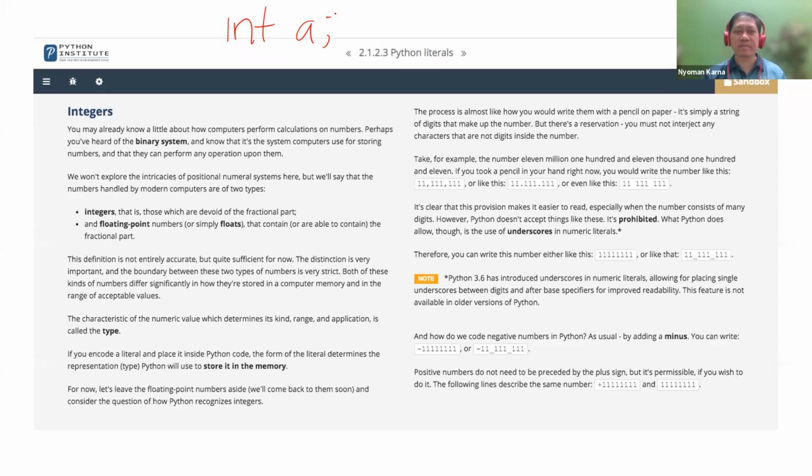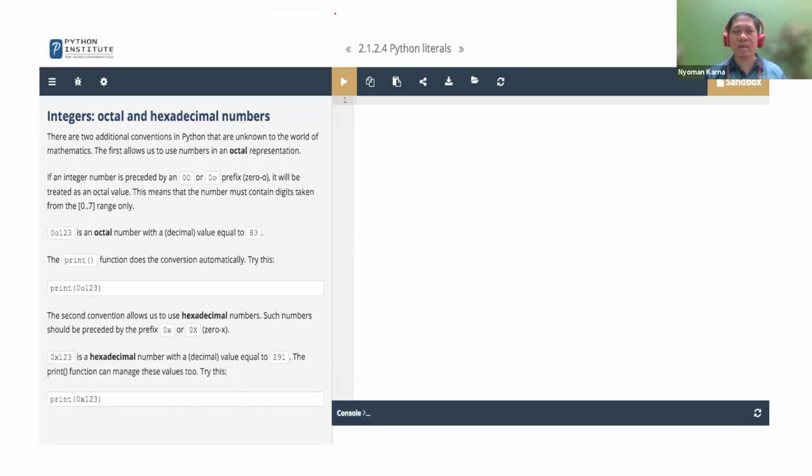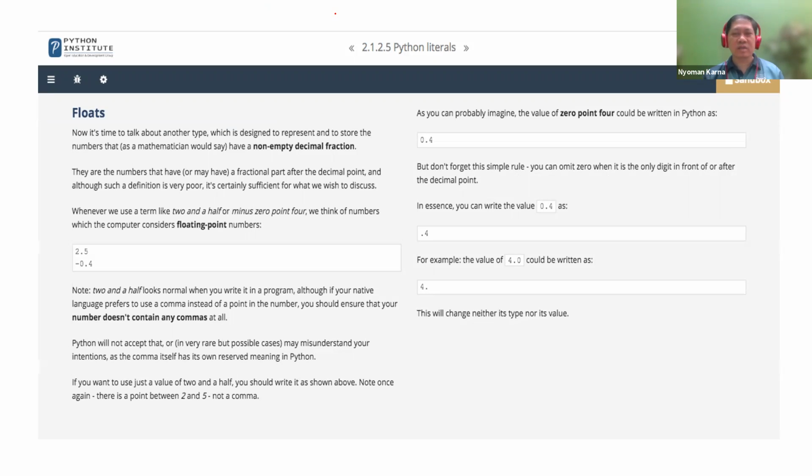Now, let's look at floats. Float in bahasa is called bilangan pecahan. For example, I have a value of 3.14, which is the value of pi.